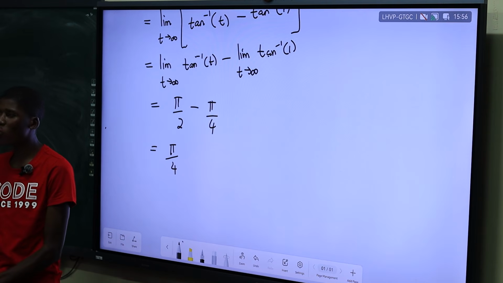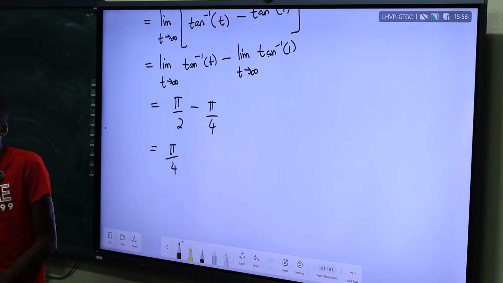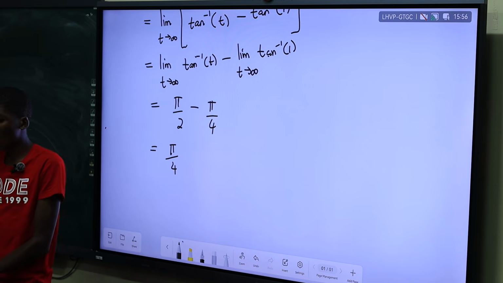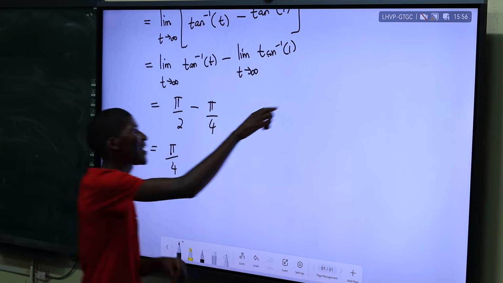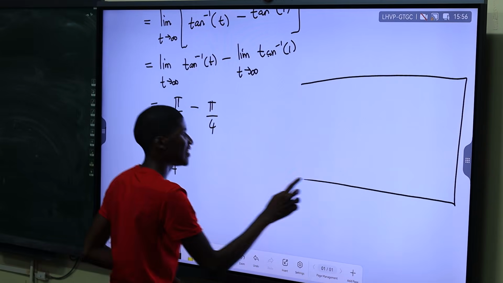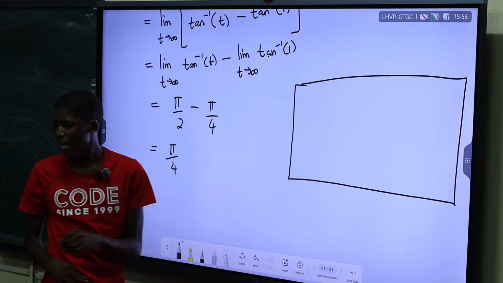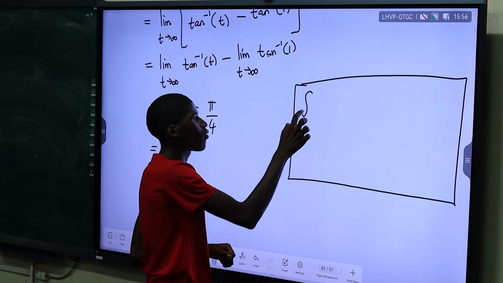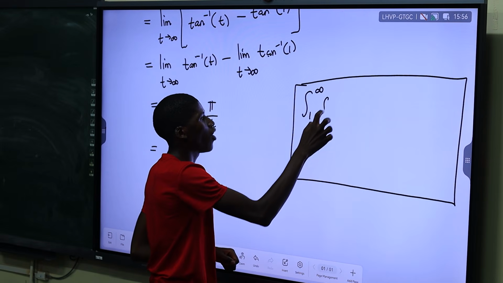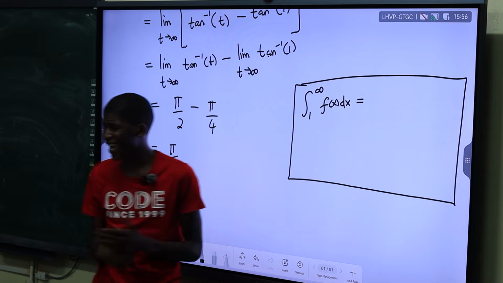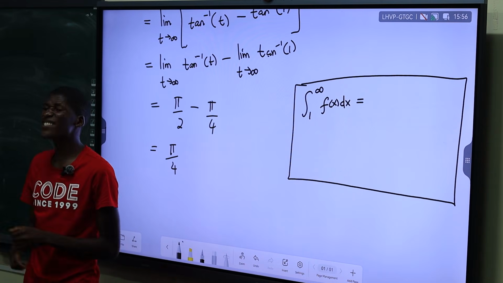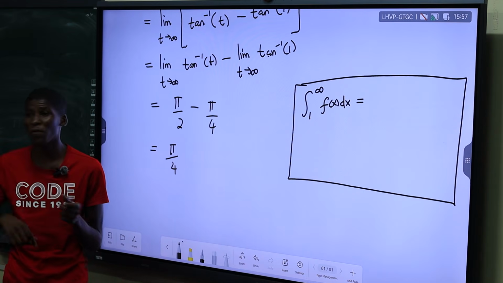Now, let's go to the conclusion. You have done your integral test. You now don't know what you should conclude. What does the integral test tell you? I'll just write it here in a box: the integral test from 1 to infinity of f of x dx. If it happens that your integral converges,